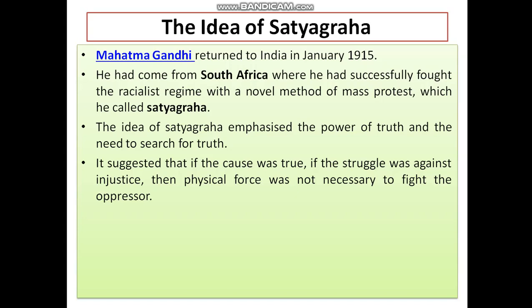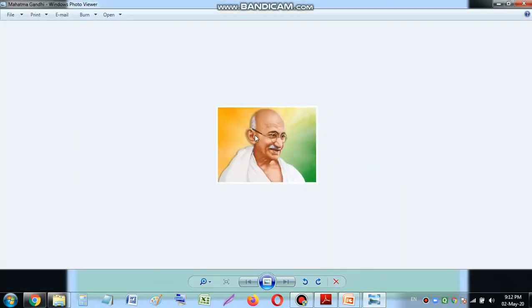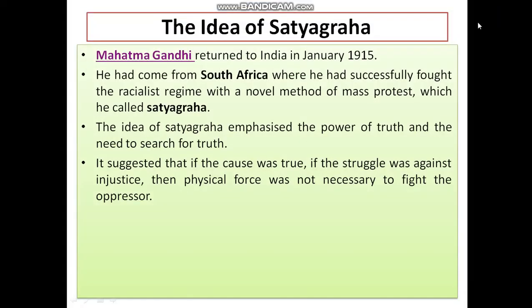And now, while teaching, I am going to show them the image of Mahatma Gandhi. I am just clicking it. You can see over here the image of Mahatma Gandhi has come in front. So students will see whether it is the image of Mahatma Gandhi, or whether it is the image of a particular industry, or you are teaching the chapter industrialization. You can show the factories, you can show the wheels, you can show the steam engines, anything you can show up to the students like this. So that is the thing that you can hyperlink.